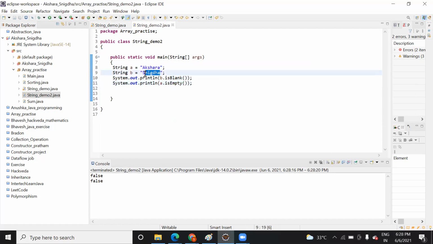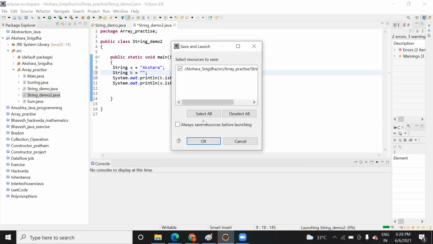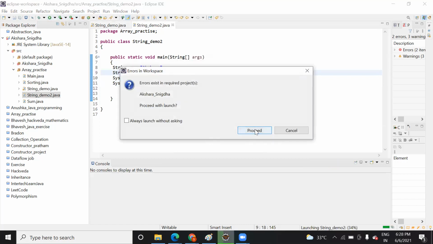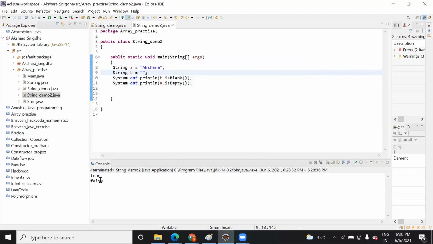Let me remove the element and try it. Now you can see b.isBlank is giving you true. Why? Because it is blank, you don't have anything here. That's why it is true.